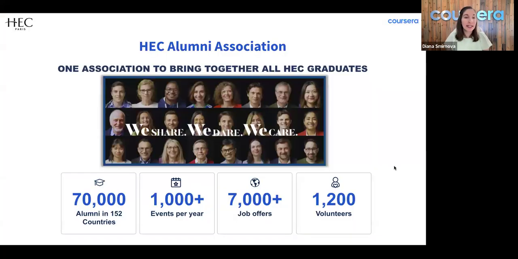So on the next slide, essentially, once you graduate, you will become a member of the HEC Paris Alumni Association, which is ranked as the number one alumni network in the world, with some notable alumni, including former French President François Hollande and Michelin CEO Jean-Dominique Senard. What is remarkable is that at the moment, HEC Paris has over 70,000 alumni based in 152 countries, and that